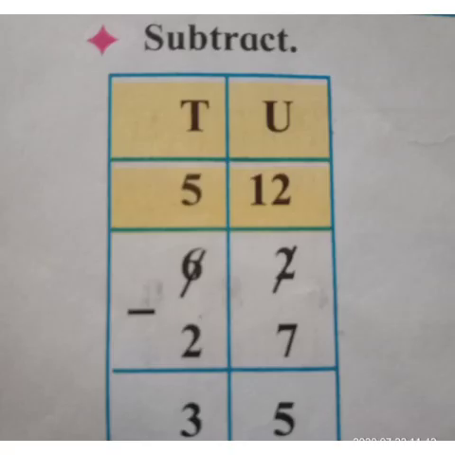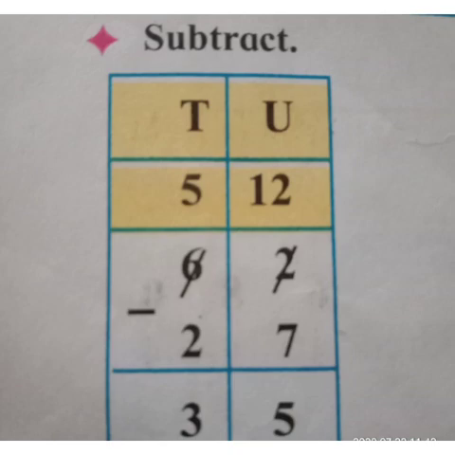Students, here we solve some more subtraction problems. First is 62 minus 27. In the unit column, we have 2 minus 7. And in the tens column, we have 6 minus 2. If you notice the unit column, we cannot subtract 7 units from 2 units. So we will untie 1 ten from 6 tens and 6 tens will become 5 tens, while the 2 units will become 12 units. So it will be 12 minus 7, which is 5.